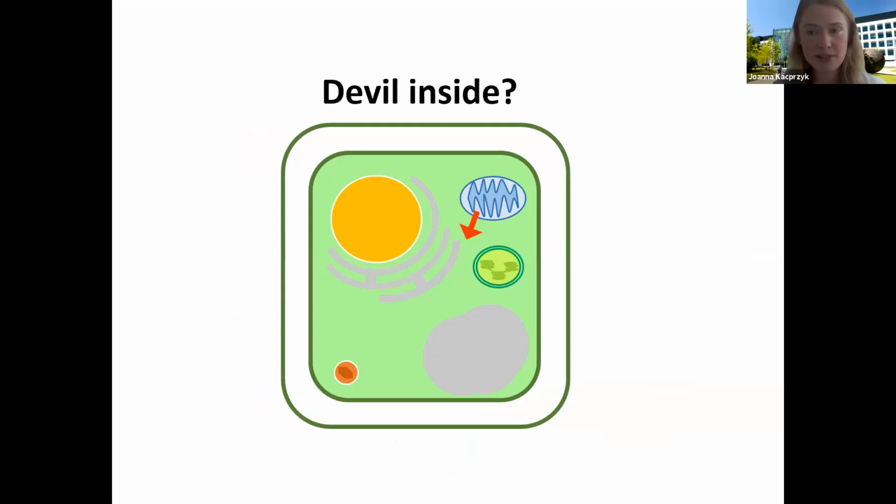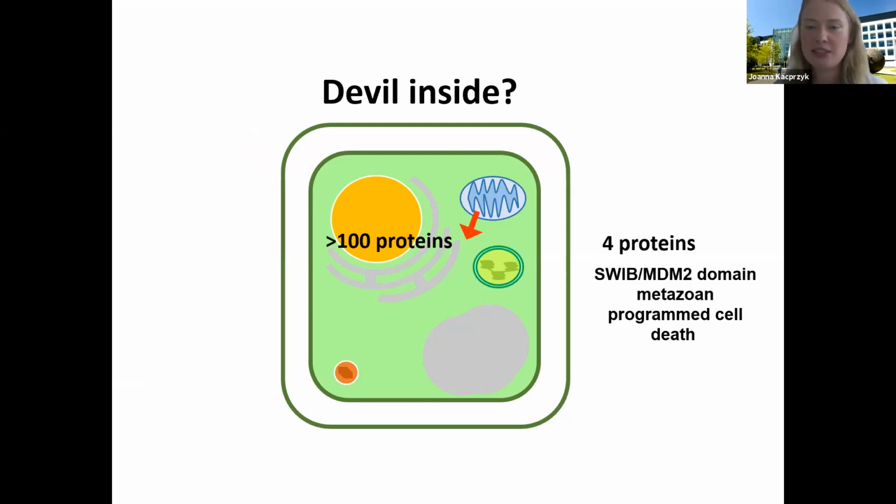So far, so good. Our findings seem to support the devil inside hypothesis, that mitochondria, it's an insider job, right? The mitochondria are driving the PCD process. She identified over 100 proteins released from Arabidopsis mitochondria to the cytosol. And excitingly, only 4 of these proteins were not released when we blocked the PCD using a chemical agent.